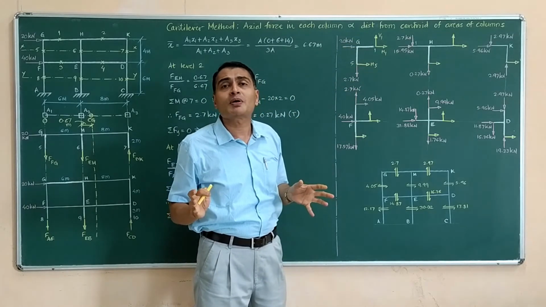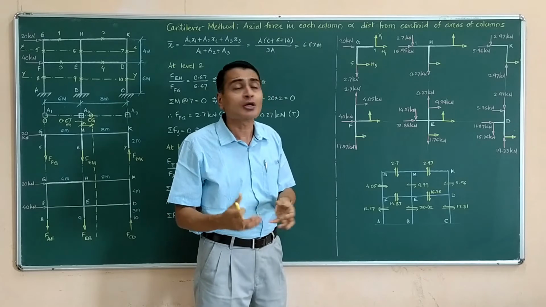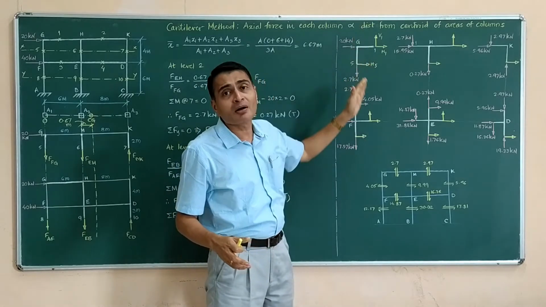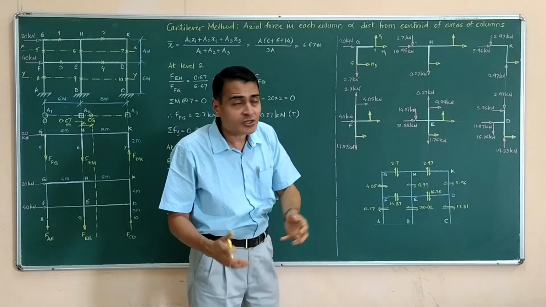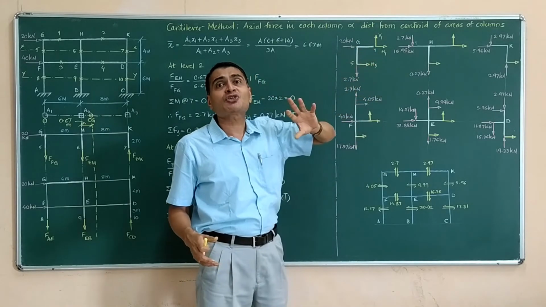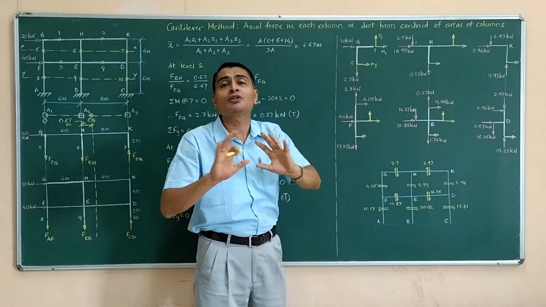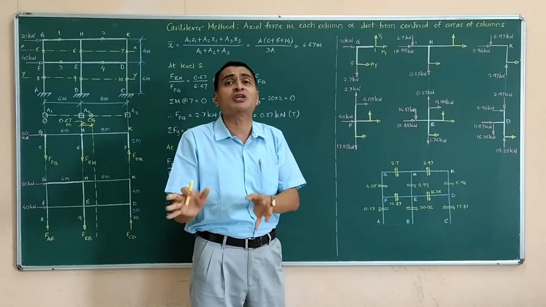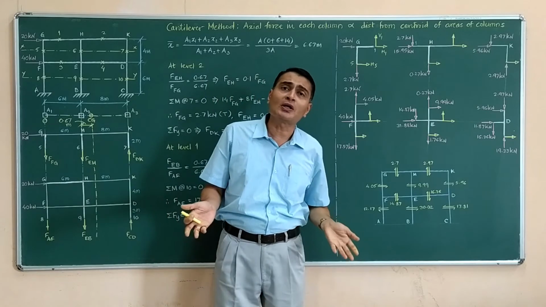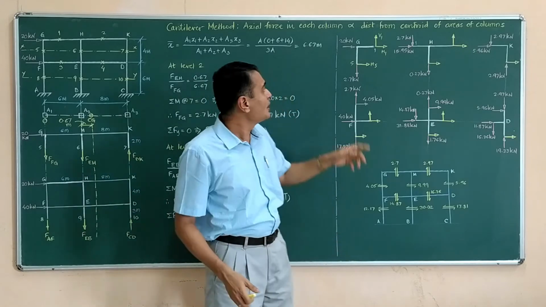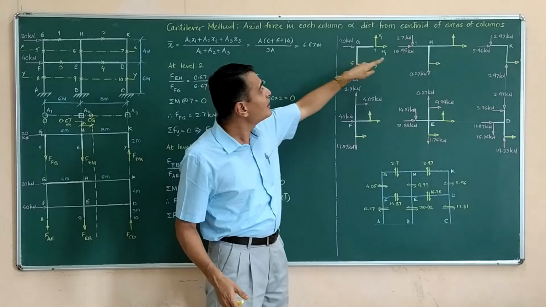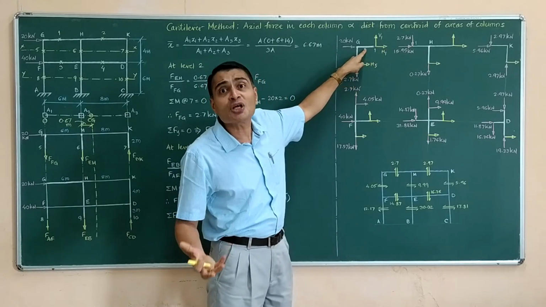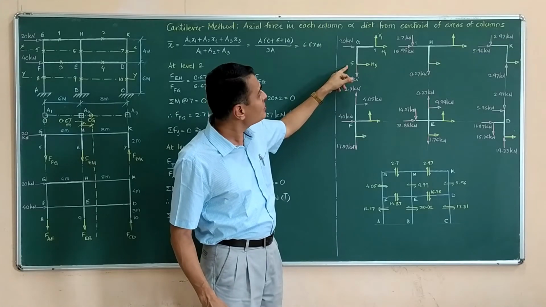Don't get confused by the words axial and shear. Perpendicular to any member is a shear force. Along the member is axial force. And H and V are just horizontal and vertical. They have nothing to do with words axial and shear. H is for horizontal, V is for vertical. Here, horizontal is becoming shear force for this column. Here, horizontal is becoming axial force for the beam. That is obvious. How shall we solve this?